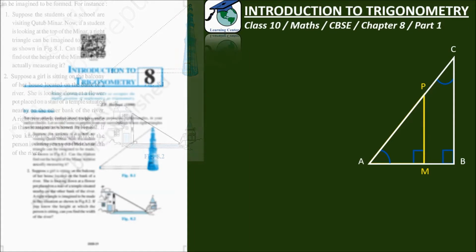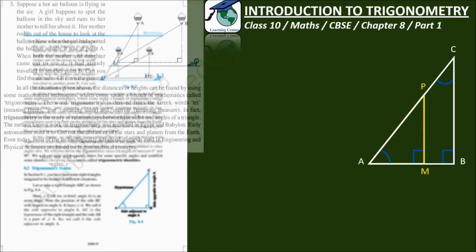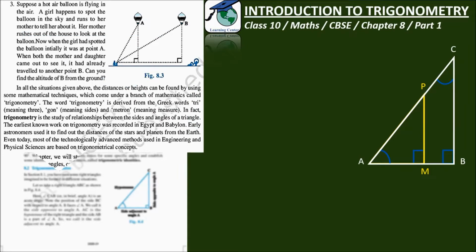Next example. This example is of a floating balloon. Again, if I know the angle and this distance between me and the balloon, then I can find the height of the balloon from the ground. Here in all these examples we are using trigonometry because it is always easy to measure an angle, and second, there are instruments like laser pointers which can give the direct distance, in our case the hypotenuse. So we can use these instruments to measure the height of Qutub Minar or the width of the river, or we can say the height of the floating balloon from the ground.